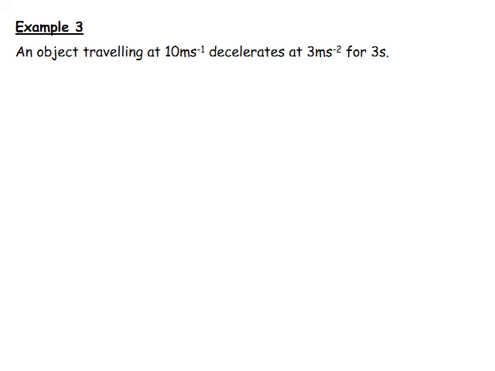Example 3. An object travels at 10 meters per second. It decelerates at 3 meters per second squared for 3 seconds. Calculate its displacement. So displacement this time is what we need to know. We have an initial velocity, we don't have a final velocity, and we have an acceleration, but we need to know that it says decelerates. So that's why we've got the minus